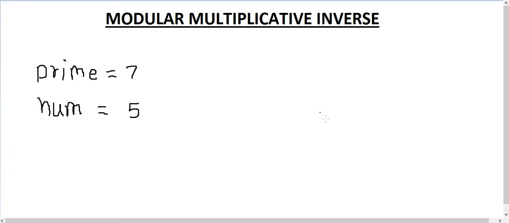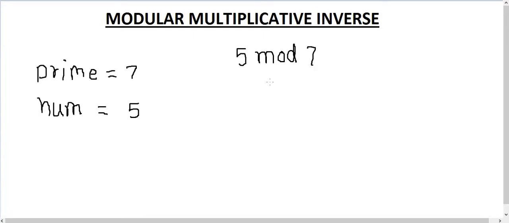Similarly, in this case, let's say the number is 5 and the prime number is 7. So we'll take 5 mod 7, and we need a modular multiplicative inverse.